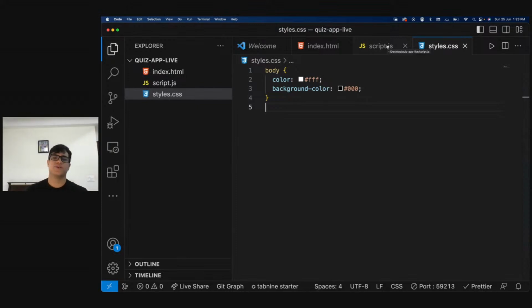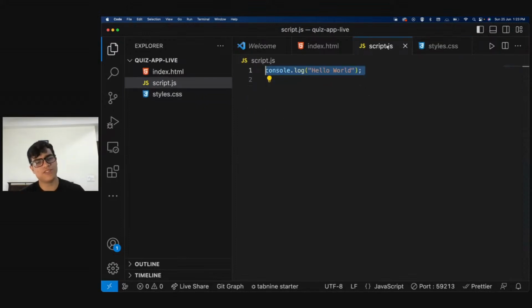Right? And if I talk about the script.js, what does the script.js do? Script.js is basically the brains of our application. This is where our entire application's logic will be. This is where we will say that on the click of this button, do this. On the click of the next button, show the next question. On the click of the options, make sure that the correct option is checked. If the correct option is selected, show it in green. If the wrong option has been selected, show it in red. This is where all of that will be done. Correct? Any doubts in this?